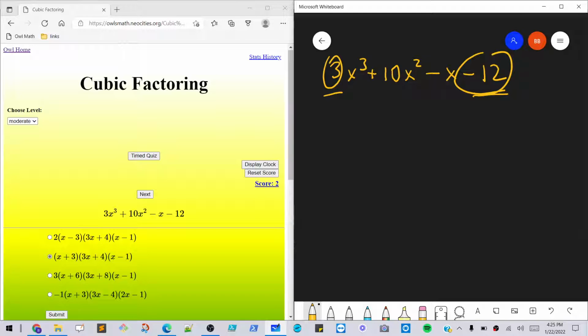So what you can do is look at the factorization. I won't worry about the sign right now. We'll look at the factors of 12 and the factors of 3. The factors of 3 are just 1 and 3, and the factors of 12 are 1, 2, 3, 4, 6, and 12. And so then all of our rational roots are going to be,